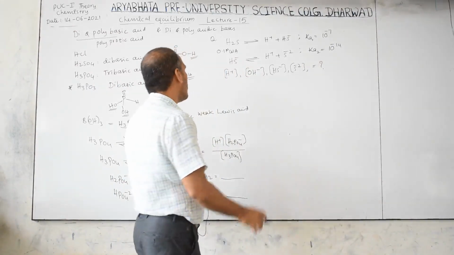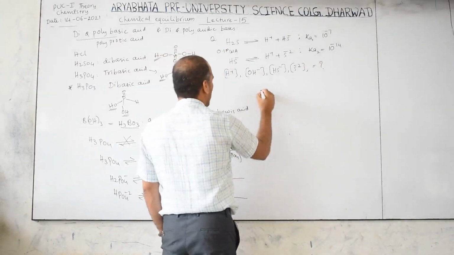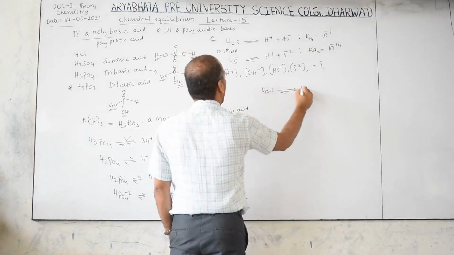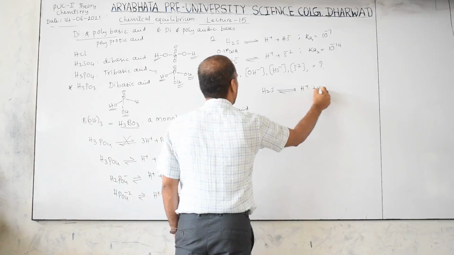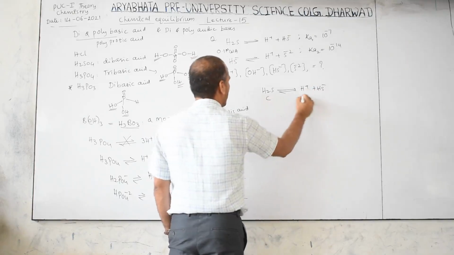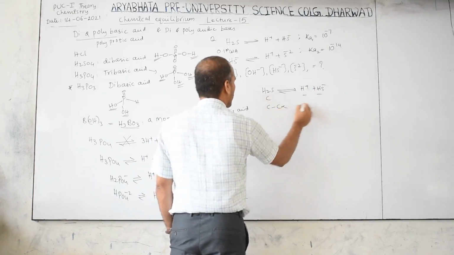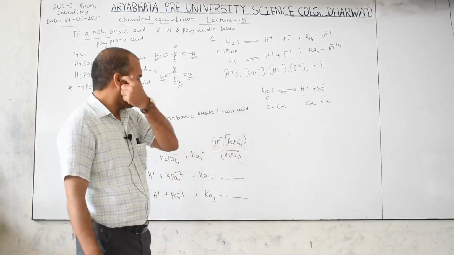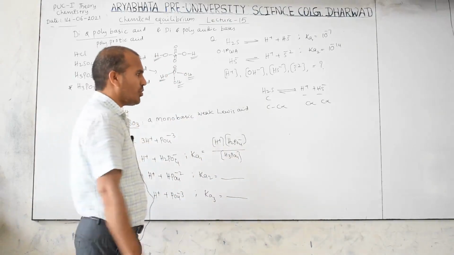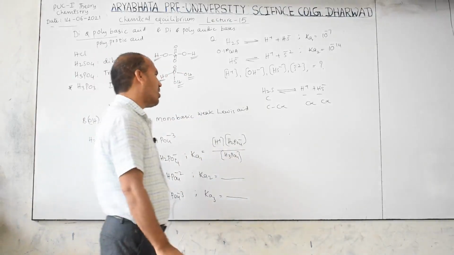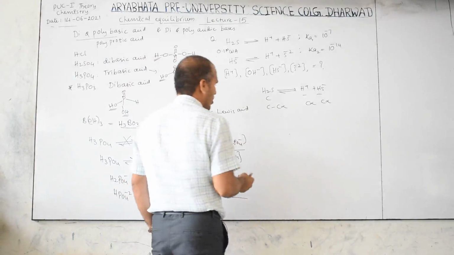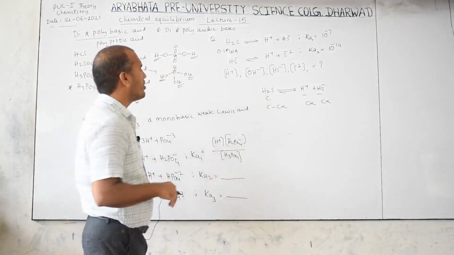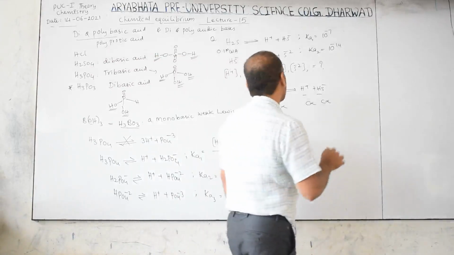Then how it dissociates, you already know. I am writing the first step only. H2S ionizes into H plus and HS minus: C, dash, dash; C minus C alpha, C alpha, C alpha. Like this we already know. But we are not using the formula K equal to C alpha square here. But is alpha negligible or not, how to calculate? You know the approximation method. According to this, and one more simple trick I will give also.